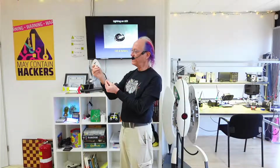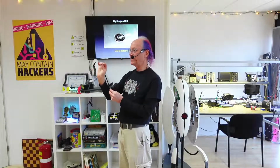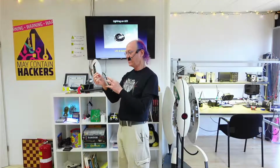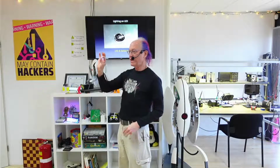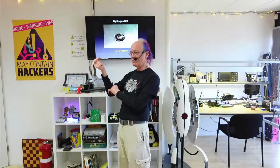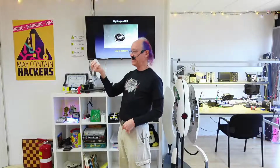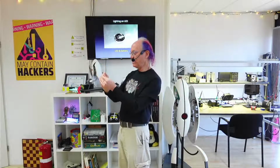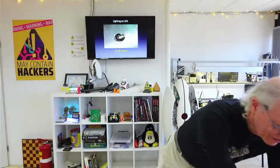They have resistance inside. Not because we want that, we usually don't, but the chemistry involved in creating these at the factory is such that there's internal resistance here, so I don't need a resistor so no magic smoke goes away. There's enough internal resistance here, so I knew that wouldn't break our LED or burn out our LED. If you hook this up backwards, nothing happens. But again, that internal resistance makes sure that nothing bad happens to our part, but I can hook it up correctly and it works again. So that's a